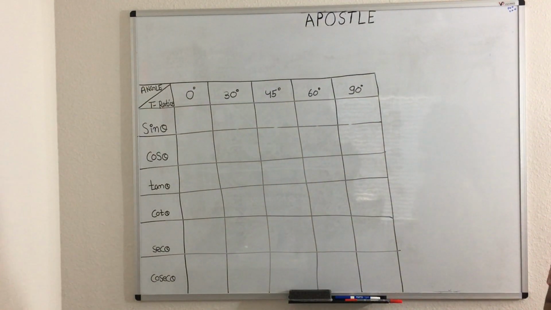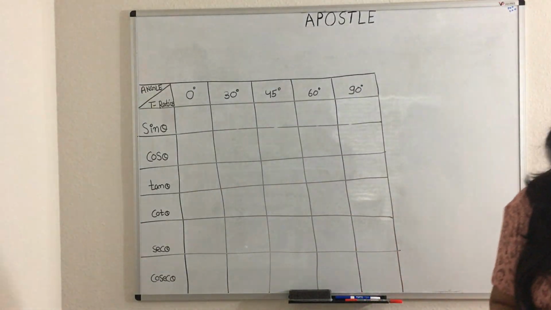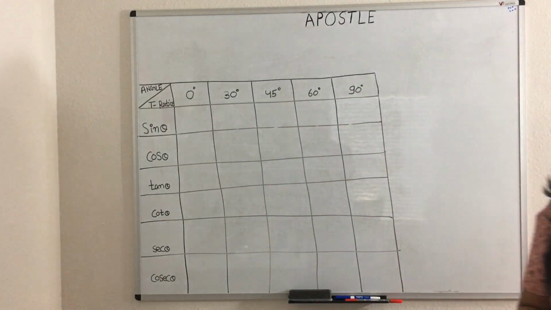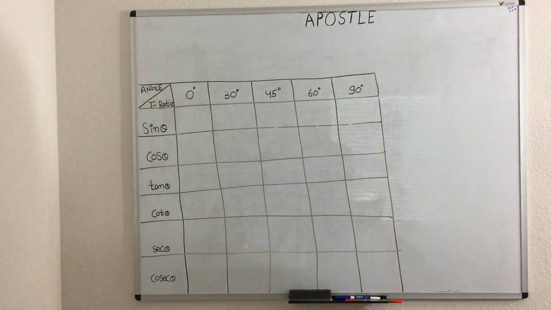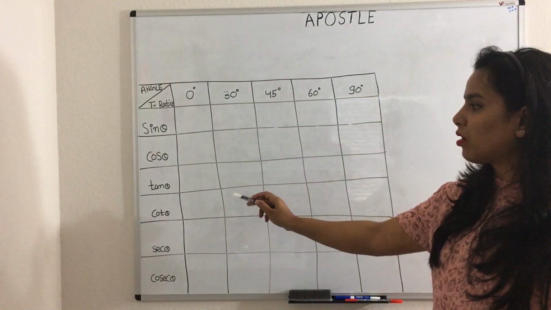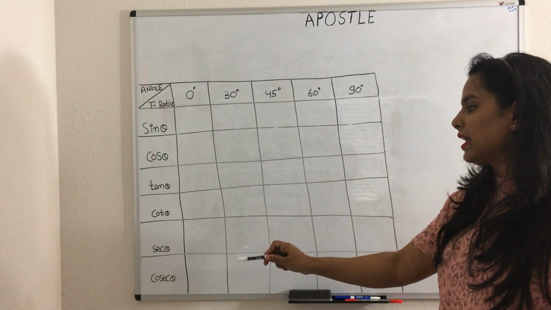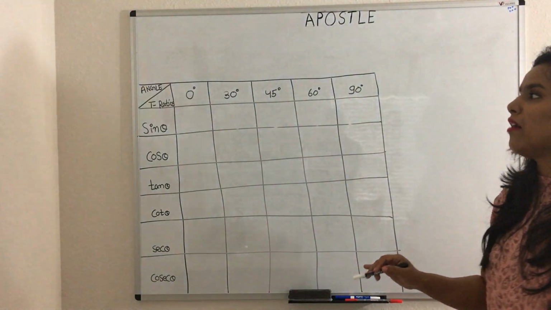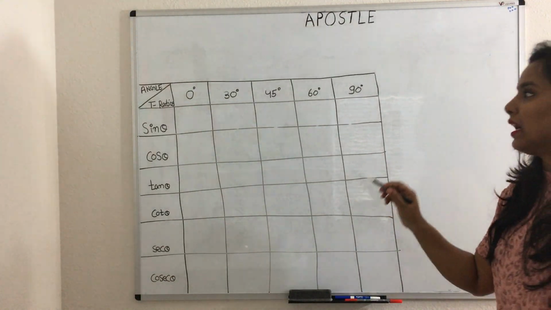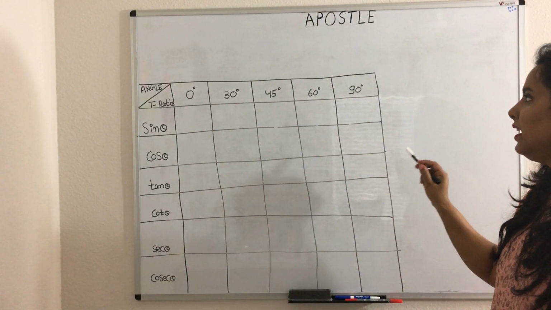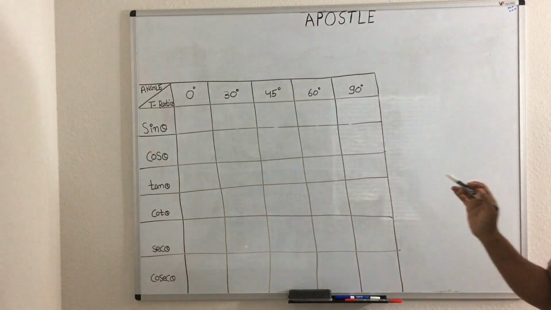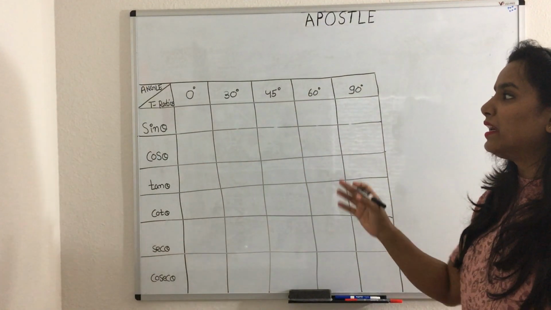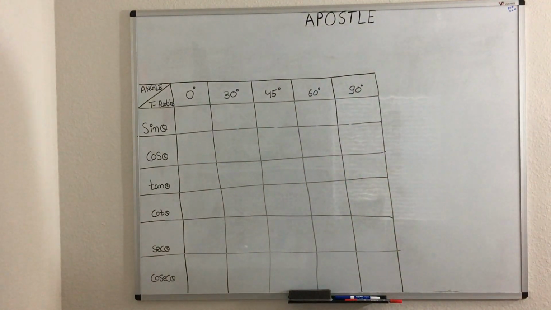First of all, I am going to discuss one short trick with you, and this short trick is really very good. You can see one table on the board. In this there are 6 trigonometric ratios: sine theta, cos theta, tan theta, cot theta, sec theta and cosec theta. You all know about these 6 ratios. Now we have to find the values for 0 degree, 30 degree, 45 degree, 60 degree and 90 degree. So we can write these angles in increasing order on the horizontal axis and the trigonometric ratios in the vertical column.